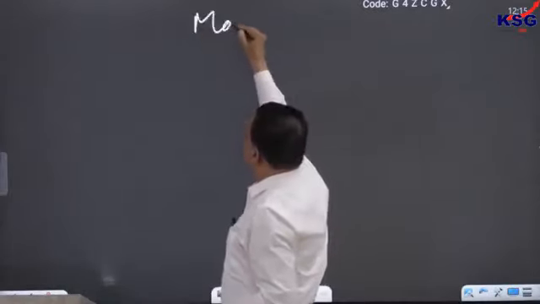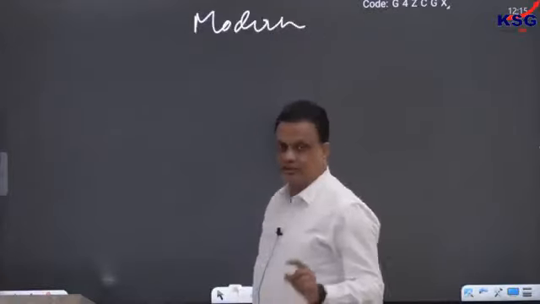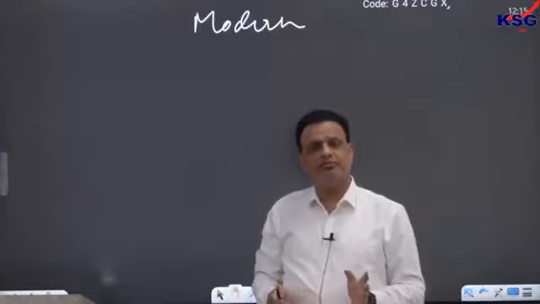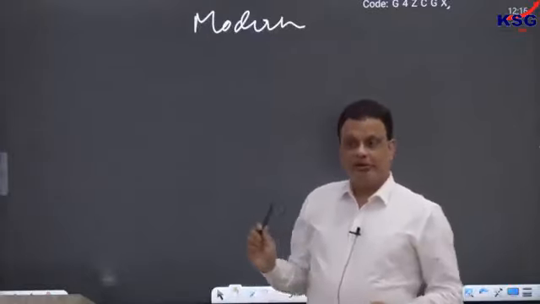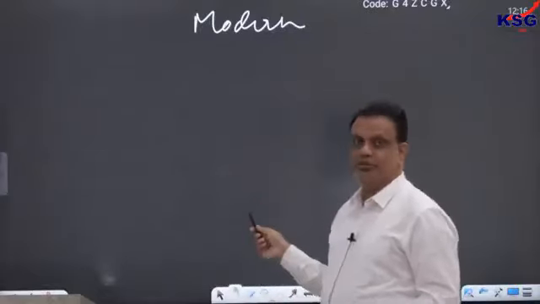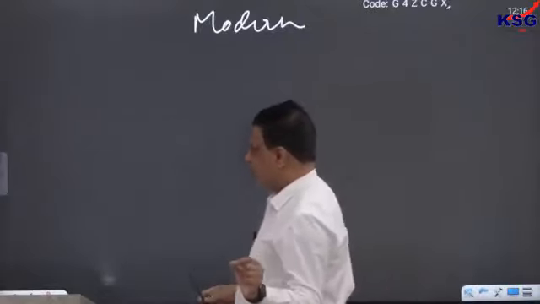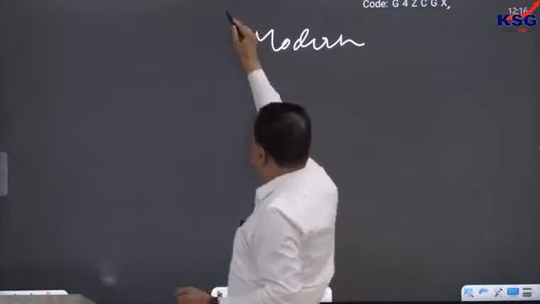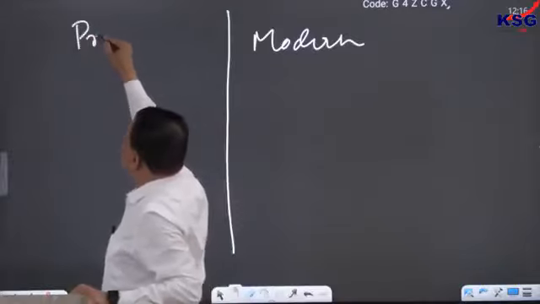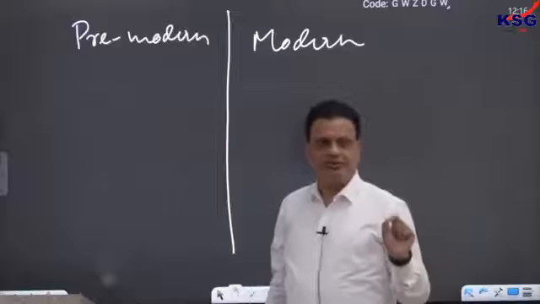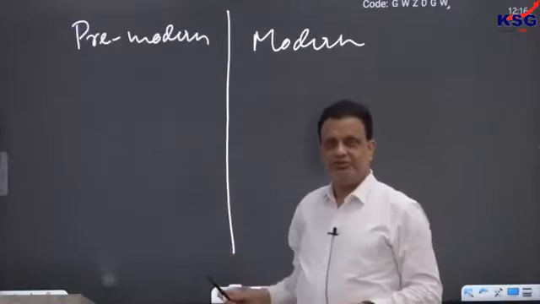Let's talk a little about modernity now. I told you that Mill, along with people like Immanuel Kant, is considered to be one of the philosophical founders of modernity. Now, what is modernity? If you look at it from the liberty point of view, how can you define modernity? Who is a modern person, modern society, modern constitution maybe? Now, if you compare modern society with a pre-modern society, how can you differentiate the two? Let us talk about that.